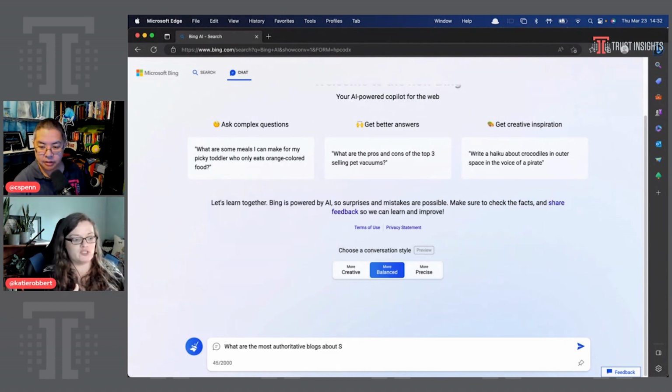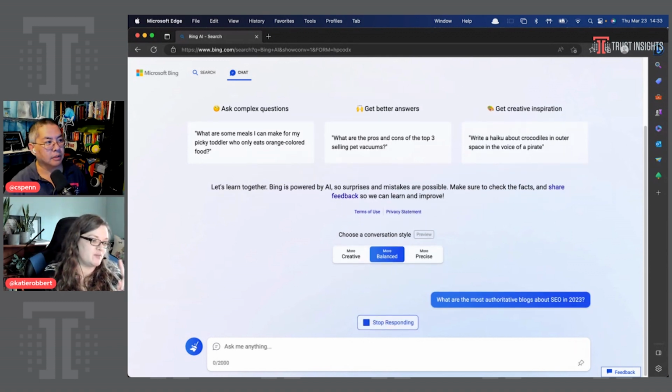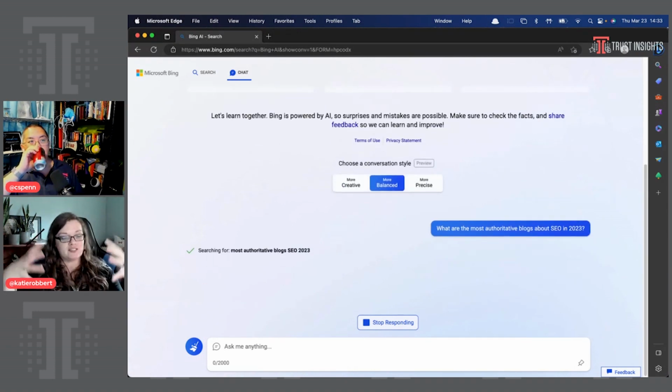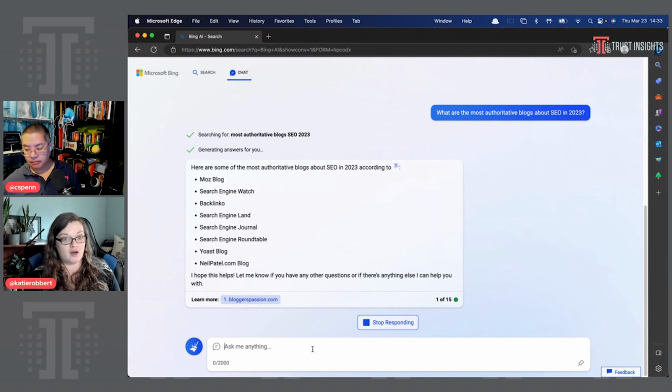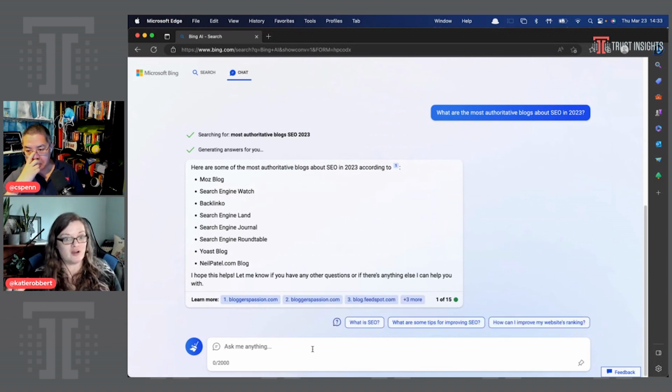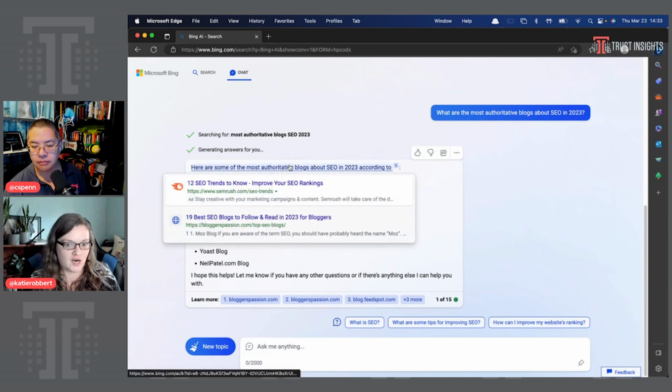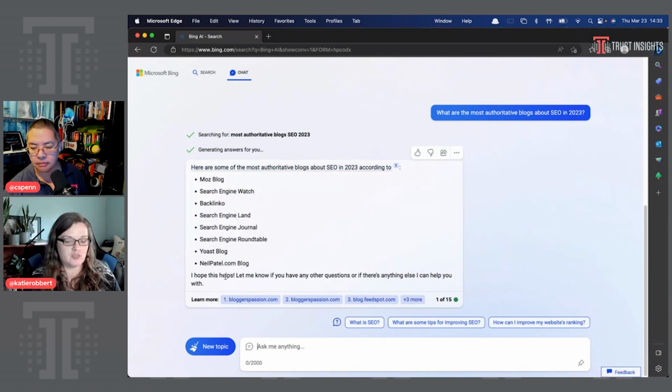Which is similar to what we were talking about with the Microsoft Visual Studio interface that sits on top of the GPT model. Bing has made it so that their search engine interface can sit on top of the ChatGPT model as well. So, in the use case I'm giving, if you're a marketer who wants to write about the best resources for SEO blogs, you could go to Bing, powered by GPT, and say, what are the top, most authoritative blogs